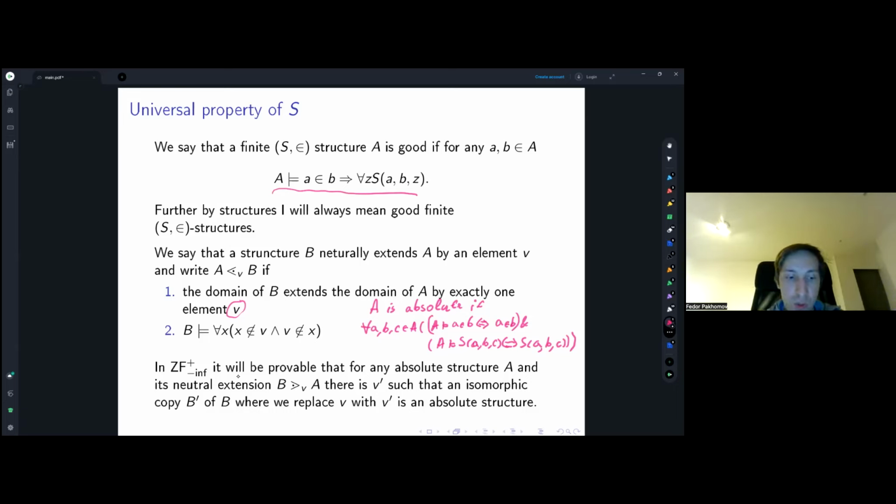Okay, so we will need a predicate S with this property. In fact, the particular definition of S will not matter for the proof of the existence of computable models. We just need this universal property. I should already mention that this universal property already guarantees that we could fully recover membership from it. If we have this universal property, then we recover the other side of the implication, and the reason is